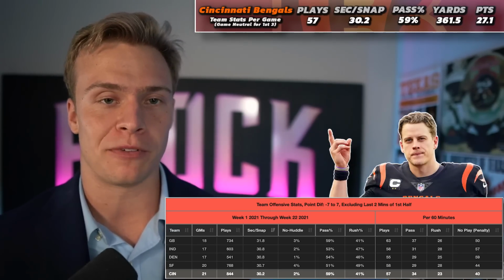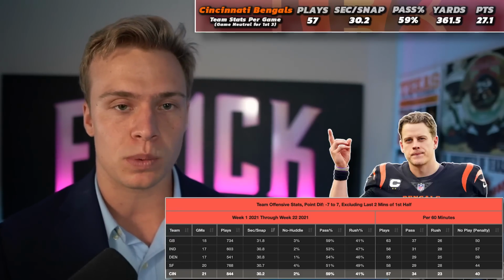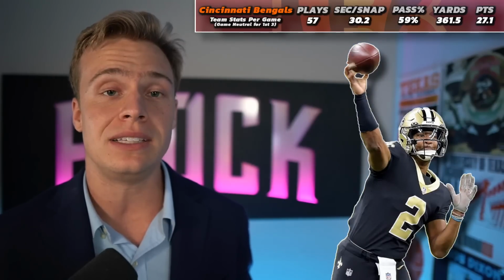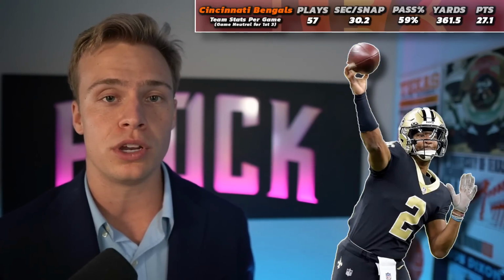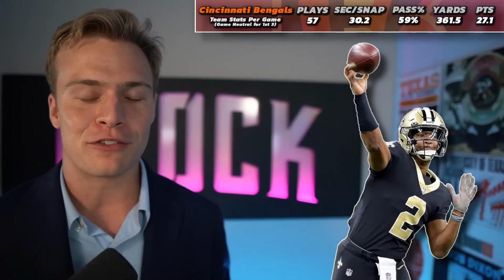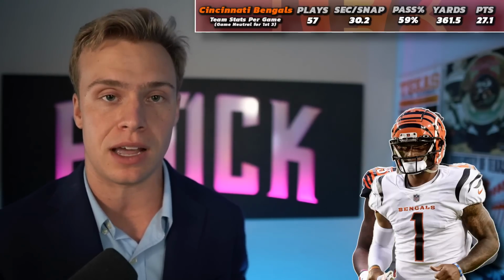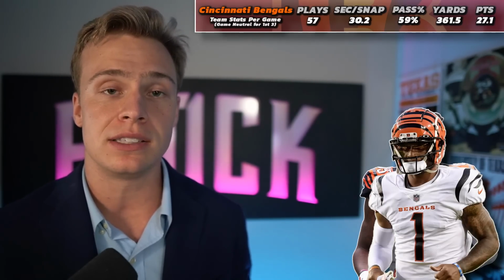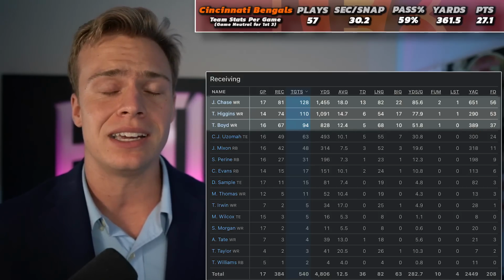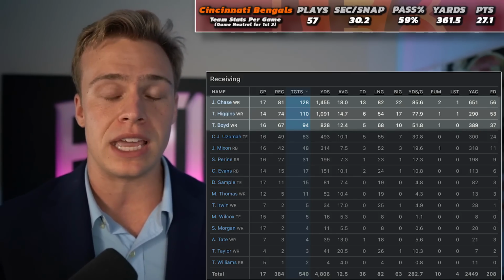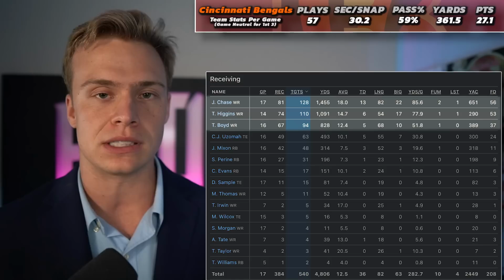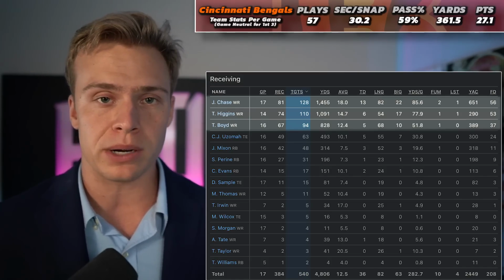Now, we've talked about this before, but I think there's almost hidden upside with the Cincinnati Bengals. I think this could be a team that maybe turns into the 2019 Tampa Bay Buccaneers, where no, you don't necessarily have the 30 interceptions from Joe Burrow, but you do have Joe Burrow as a candidate to lead the NFL in overall passing yards. You have Ja'Marr Chase and T. Higgins as candidates to potentially both, at the same time, finish as top 5 wide receivers, considering that this team just simply does not spread the ball out. They highly concentrate their offense between 3 receivers and 3 receivers alone.